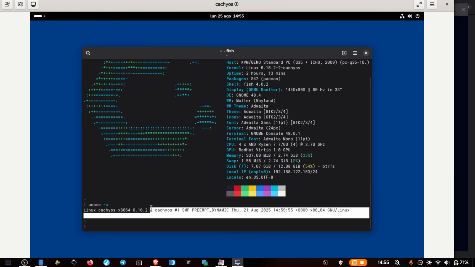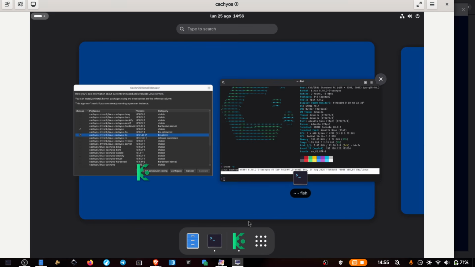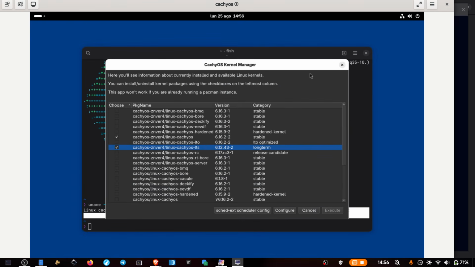So this is the kernel that I'm using by default, and it's fine. So no problem with the normal Linux kernel. With some configuration, maybe you need the LTS, which is a more tested kernel. Okay, so this is CachyOS kernel manager, and there is also another tool,